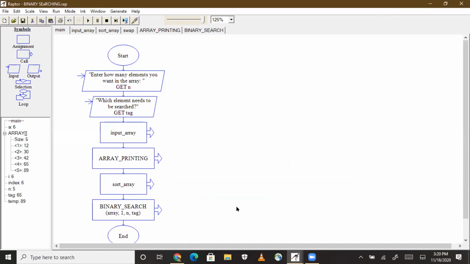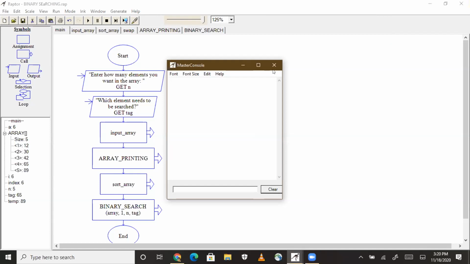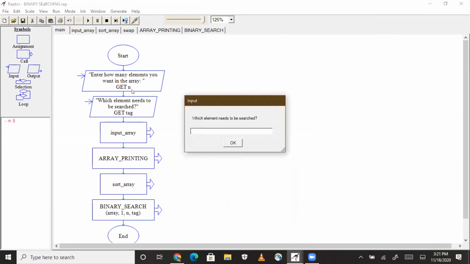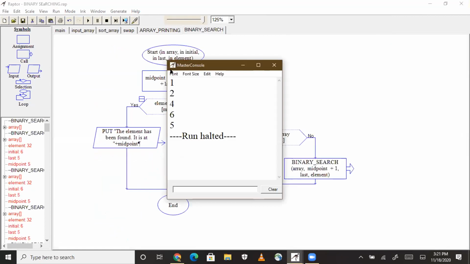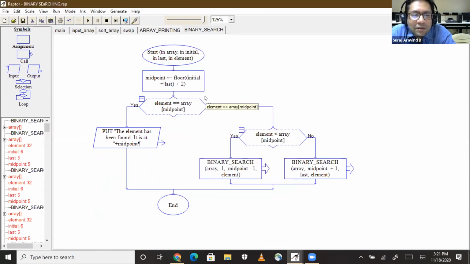Yes, sir. Right. So after sorting, the same code, you run it where you enter an element which is not in the array. Going for infinite loop, sir. Okay. So can you add a little bit of code where if you enter an element which is not in the list, it has to tell me that.